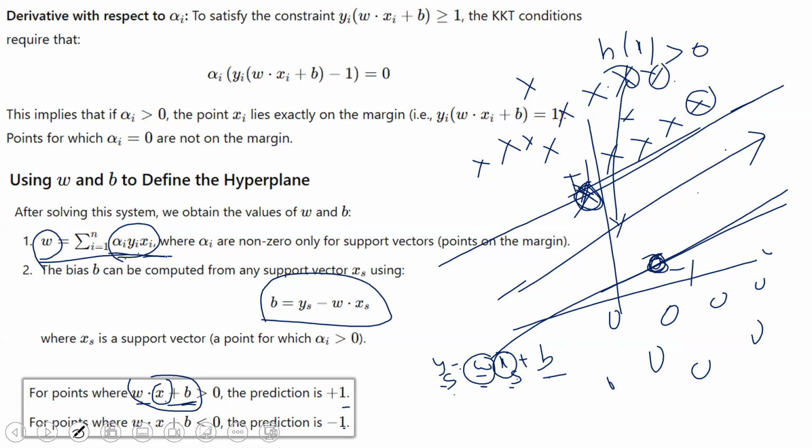But the takeaway here is that you understand what the optimization problem is, and what the KKT conditions are. From the KKT conditions you derived that alpha i is not 0 for support vectors, but alpha is equal to 0 for non-support vectors. You also found out that W is contributed only by the support vectors; non-support vectors have zero role in determining W, because alpha is 0 for them. And you have seen how we calculate B, and how we classify a new point using W and B. You determine a point as +1 if W transpose x plus B is greater than 0, because when h of x is greater than 0, it's above the hyperplane, and if it is less than 0, it is below the hyperplane. Okay, so this is all about